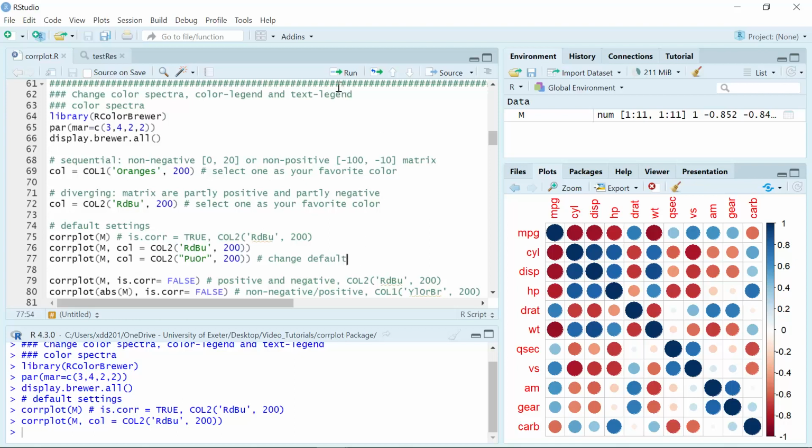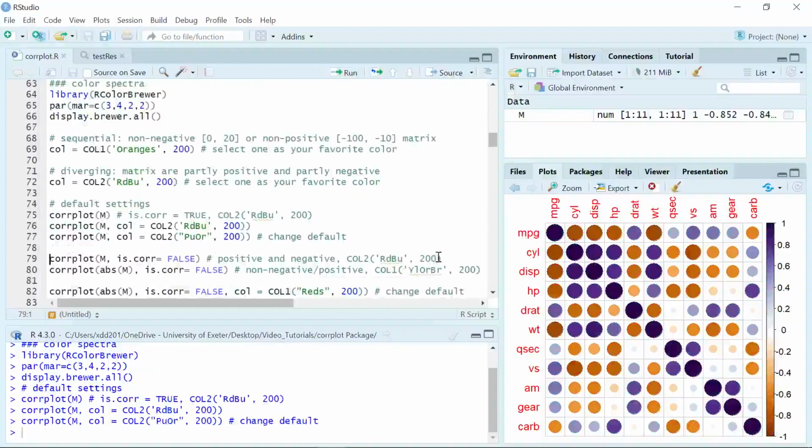Let's run this code. You can see we change the color from orange to white for negative correlation values, and from white to purple to show the positive correlation values. As I said, this data set has both positive and negative values. If we set is.corr equals FALSE, we cannot change the color spectrum. If we run,